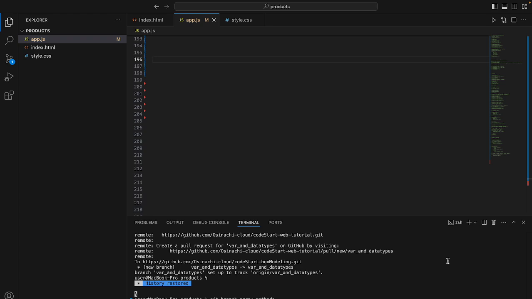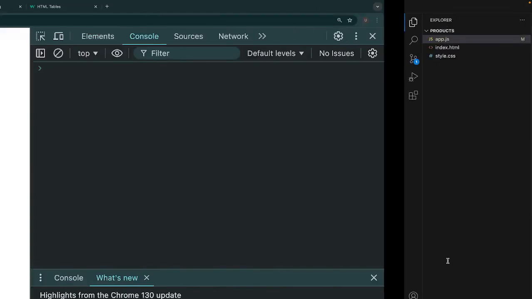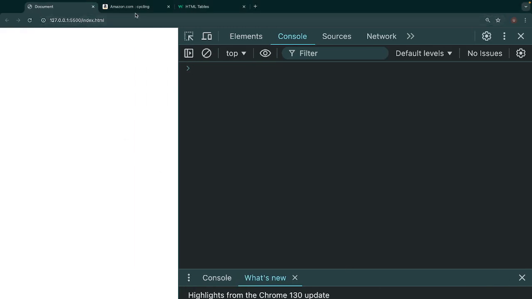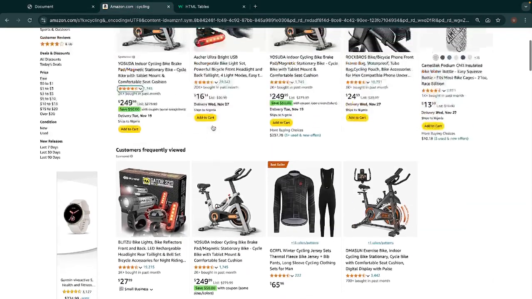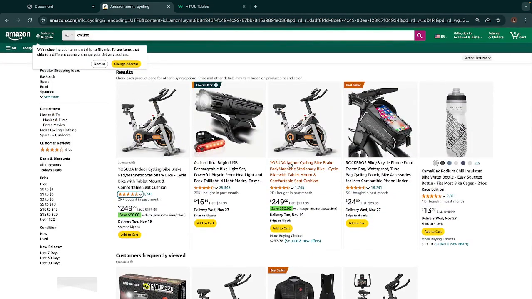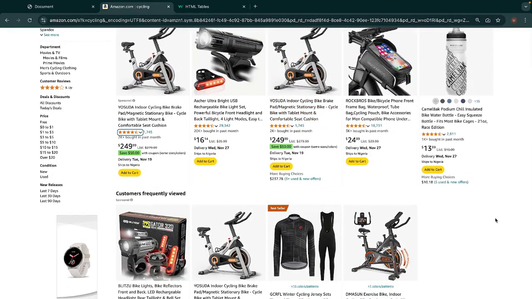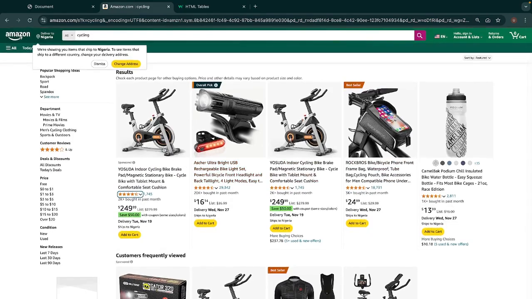And so we'll look at some of these examples, but before then, you're probably asking, why do we need arrays in web application? So I'm going to go to, this is Amazon. Let me go to Amazon and show you. Now look at this. This is a list of products on Amazon product page, right? And you can see that each product has its unique details, like its name, descriptions, ratings, prices, and all of that, right? So this is a product page, and this is a list of products,